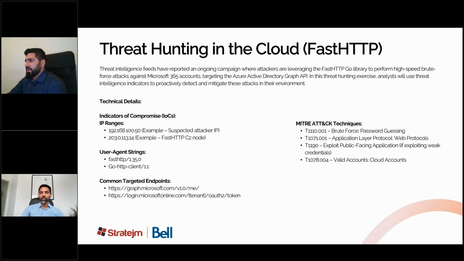Yes, perfect. I just wanted to quickly go through so that we set the stage and the context as to what we're looking at here. So the three scenarios that we're talking about here are threat hunting in the cloud. This is a very recent threat that we have discovered and identified. There was an advisory published by a security organization. And what this is